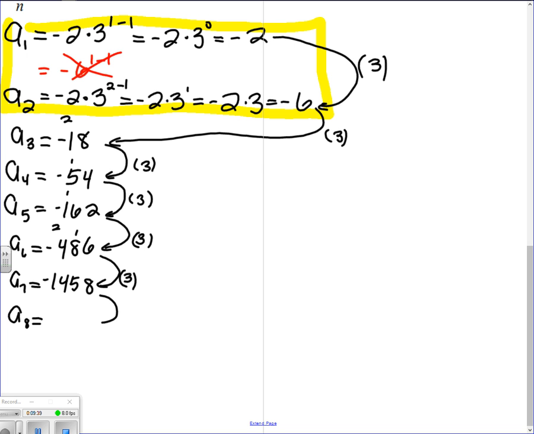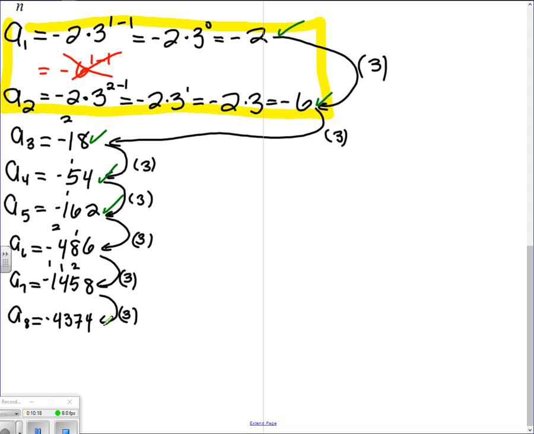Now multiply this by 3. 3 times 8 is 24, 4 and carry 2. 3 times 5 is 15, and 2 is 17, 7 carry 1. 3 times 4 is 12, and 1 is 13, 3 carry 1. 3 times 1 is 3, and 1 is 4. And there you go, this is my answer. My answer is negative 2, negative 6, negative 18, negative 54, and negative 162, and